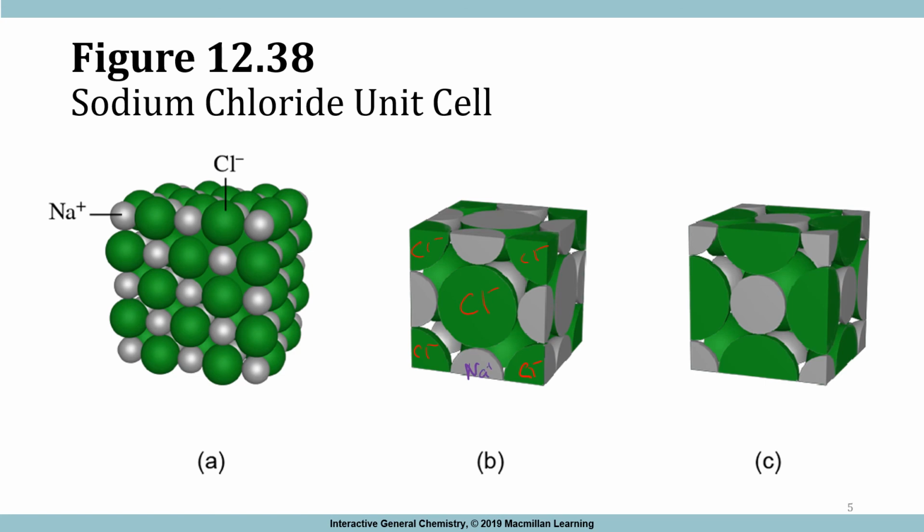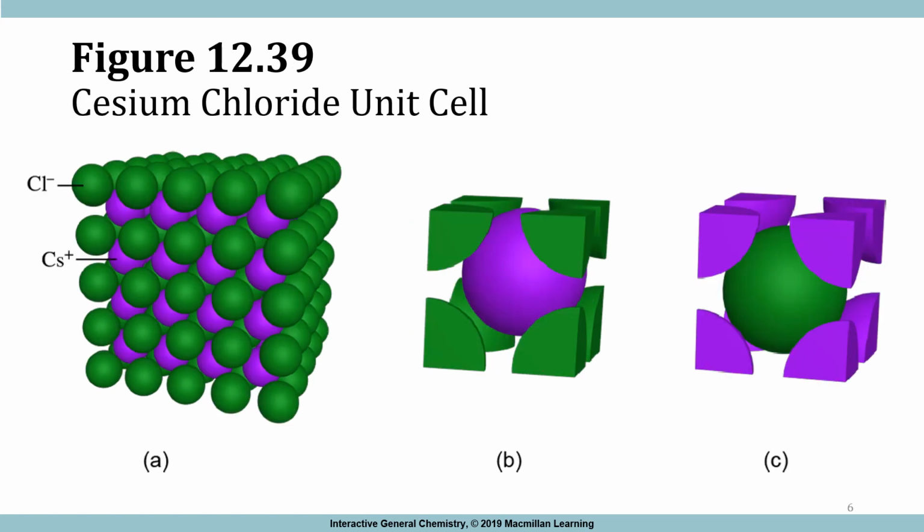So sodium plus, sodium plus, sodium plus. It looks like this is a lot more dense if you compare it to just a pure substance. Now let's look at cesium chloride. Cesium is much larger than sodium. So the way that it's going to pack efficiently, you're going to have the cesium in the middle, surrounded by the chlorines on the edges. This one's not going to be as densely packed as sodium chloride. So if I compare them,